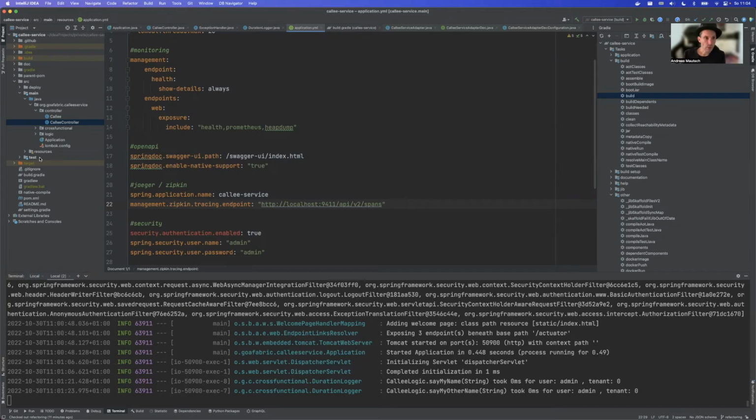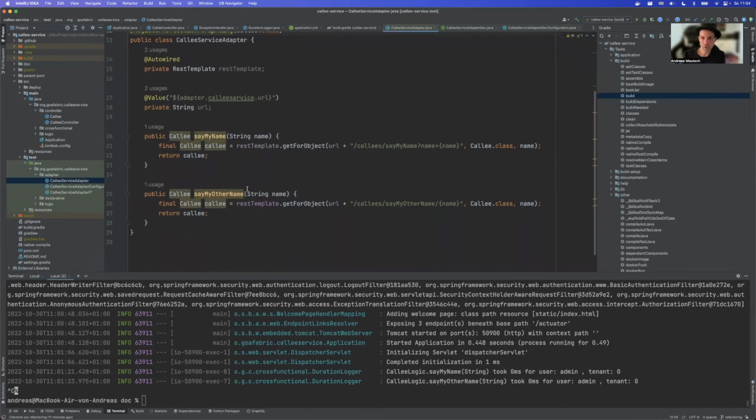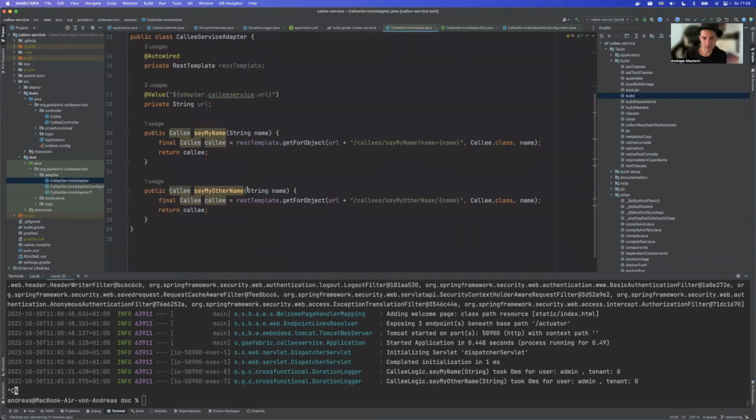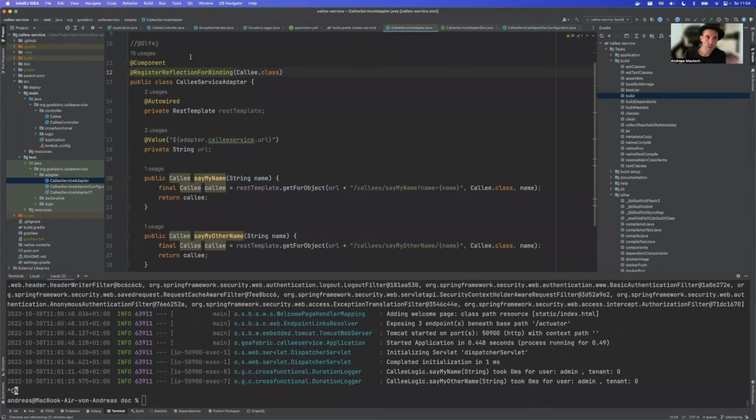Okay, one more thing, however, I will stop this now. If we want to do REST calls, for example, if you want to have a REST call from another application, this is an integration test here. This is a standard RestTemplate getForObject. We need to register our return type. Besides our